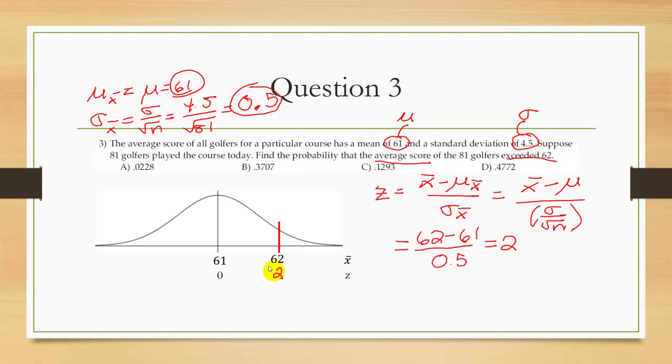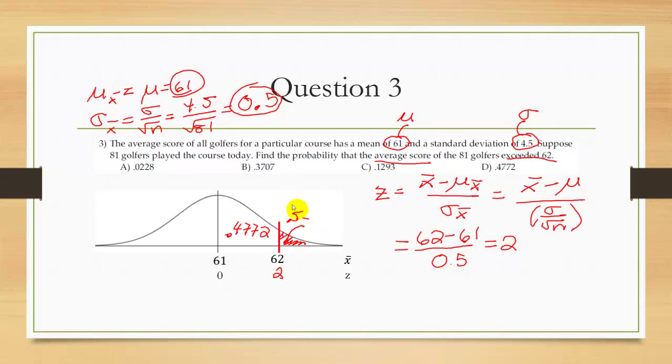All right, so I looked it up on the table, and remember the table shows the area between 0 and z. It's showing me that this area here is 0.4772. We actually want to know this area here, because we want to find the probability that an average exceeded 62. So to do that, we know half the curve is to the right of 61, so just do 0.5